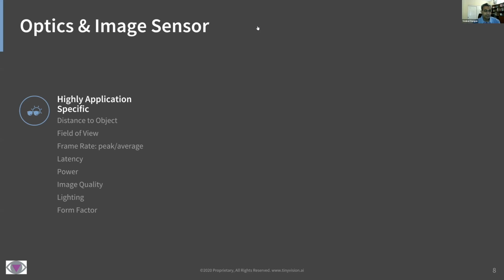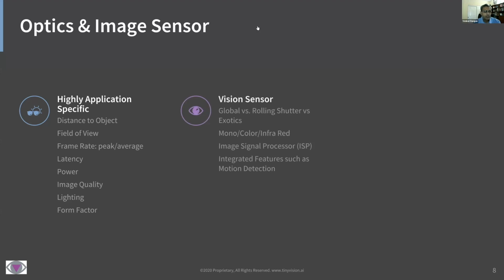For example, like the Ring case, humans are actually looking at it. Whereas in other situations where you're asking how many people are in the room, humans are never going to look at that image. And then there are, it's a continuum. Sometimes you need to do both. And form factor is a huge one. The reason I mentioned that is because once you have a portable device, you are limited by the industrial design. So the first set of constraints will start to determine what kind of vision sensor you need to use.